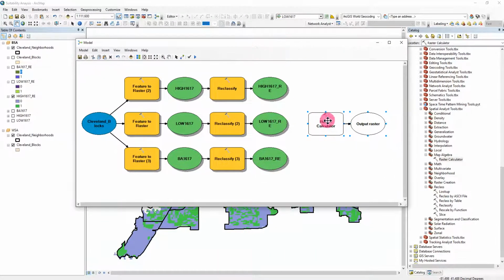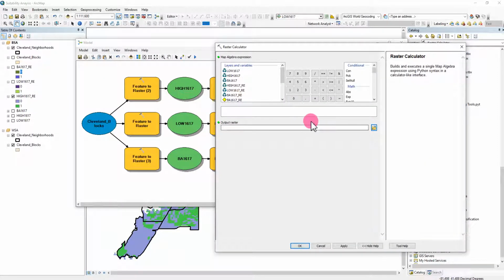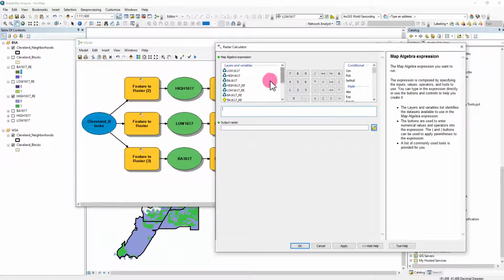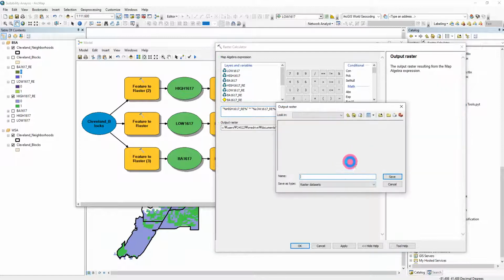So this raster calculator, I opened it. Then I'm going to high multiply low multiply bachelor's. So output will be step 4